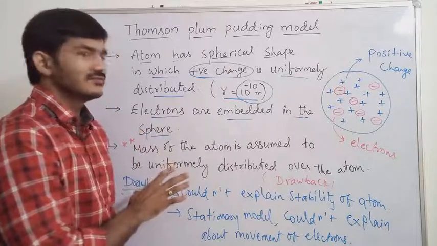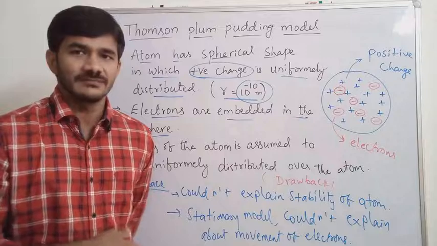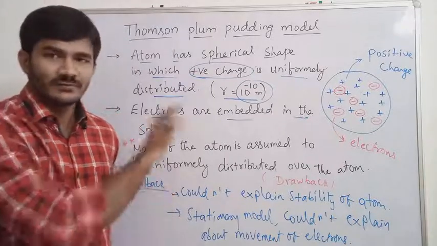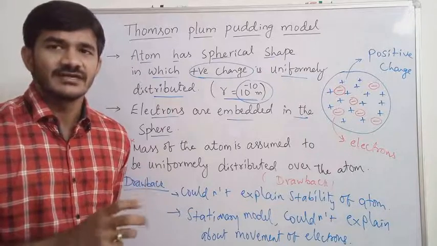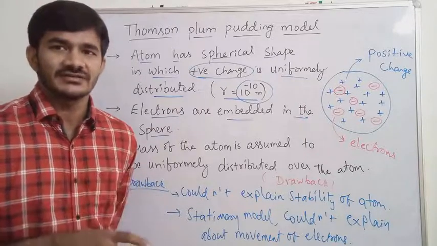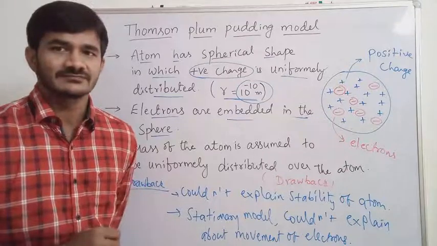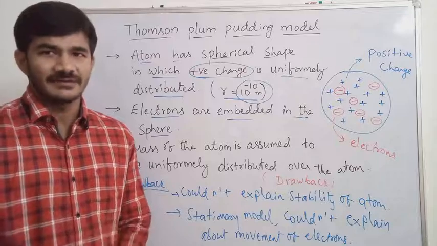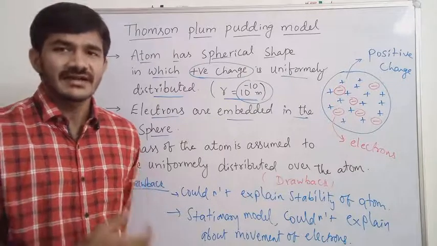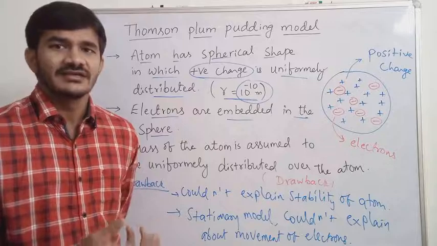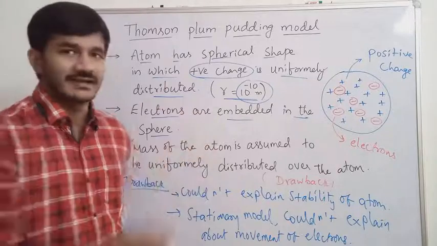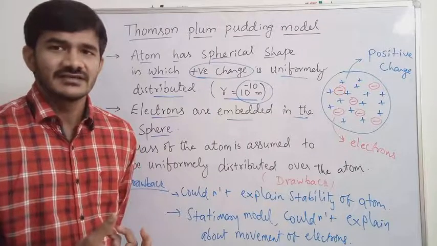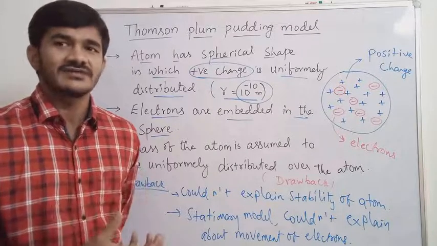After this model, the scientist named Rutherford tried to give proof about this model. He wanted to give proof, evidence by his experimentation, about structure of an atom. And he conducted an experiment that is said to be alpha ray scattering experiment. From it, he wanted to give experimental proof for the structure of an atom. He observed different types of results, and he has given another model said to be Rutherford model of an atom.